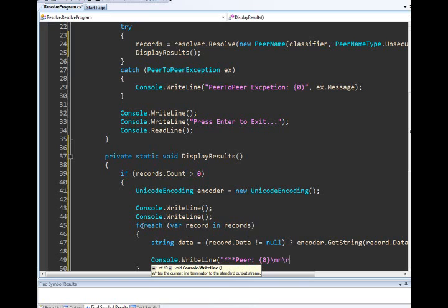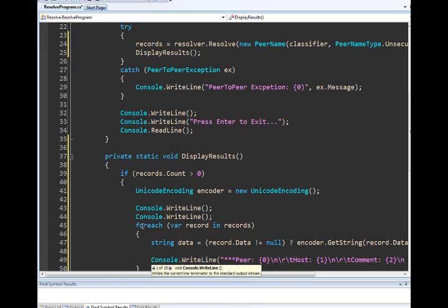Let's go ahead and go back and do a new line here. So we'll drop down and return. How about with a tab? We'll print out the host name of the current peer in this record. We'll drop down again and tab in again, and why don't we put out the comment that was added. So we'll put out the text comment that was added,